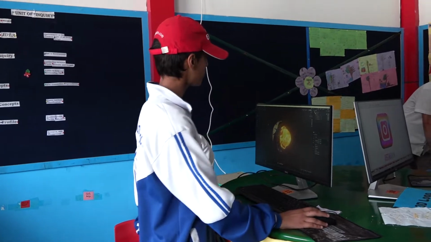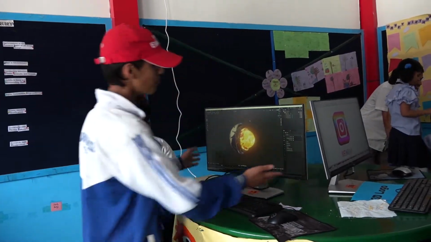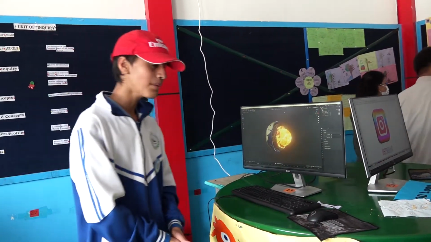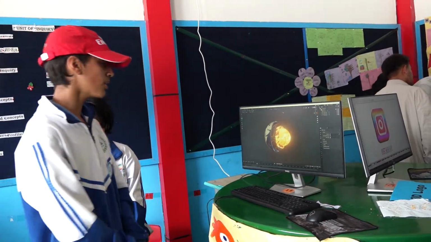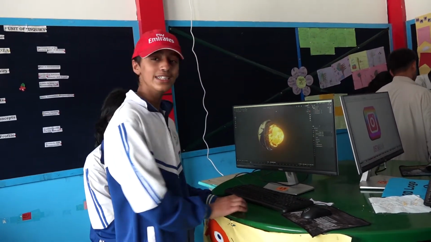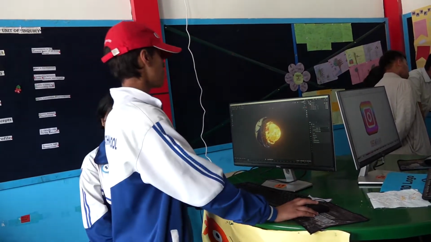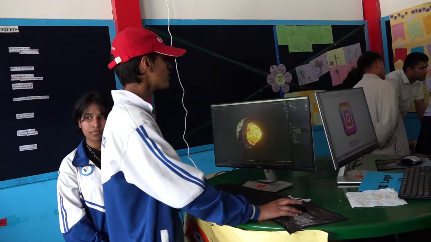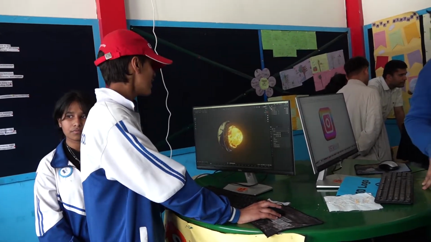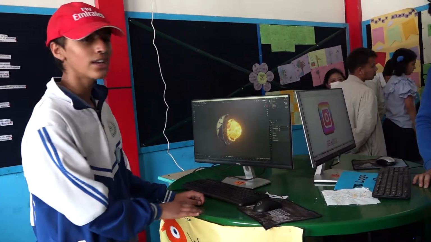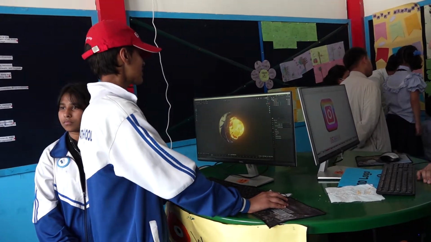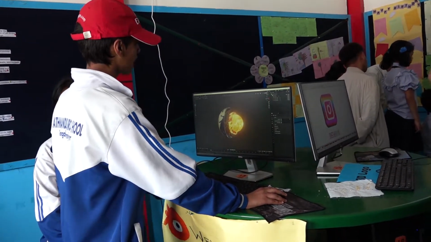A student of grade 9. Today I am going to show you the thing I made and learned in my 3DI class. This is a 3D model which I made using a software called Blender. Blender is a 3D modeling software which is used to make 3D objects. Today I have made the 3D model of Earth showing the various layers. The first layer is the crust, the layer we live on. This is the thinnest layer of all the layers in our Earth.